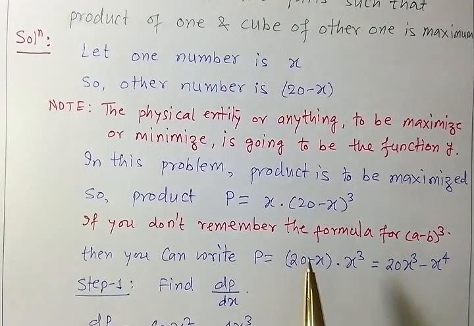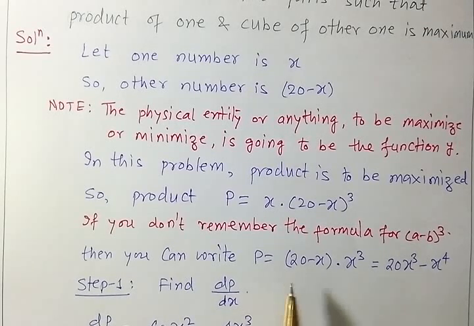Sometimes when you are in an exam, in tension, you just forget the expansion of (a minus b) whole cube. Suppose you don't know the formula. If you know it, very well. But if you don't, then we have a flip type of arrangement here. What we saw: one number is x, the other one is 20 minus x. But it is not fixed which will be the first number. So you can take 20 minus x and the cube of x. That can also be done. Let us make the cube of the first one. This way you have no need to expand by using (a minus b) whole cube.